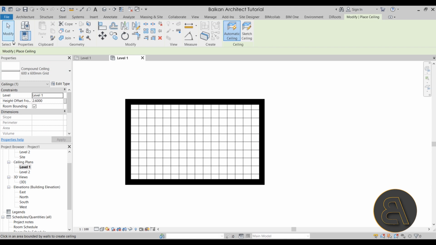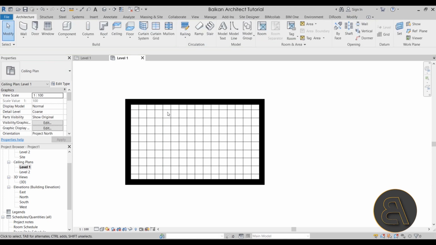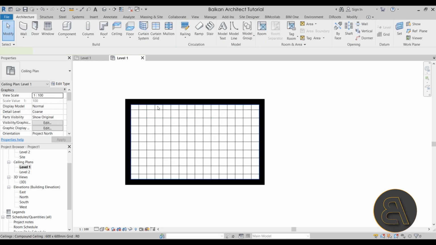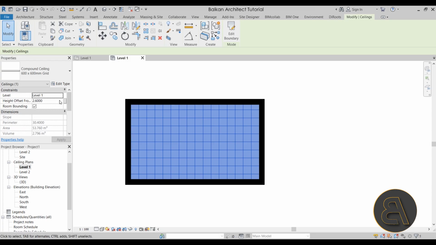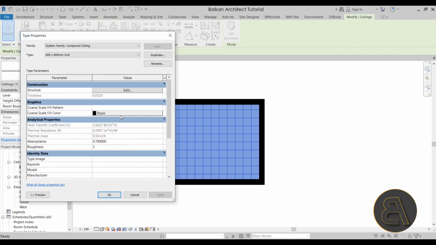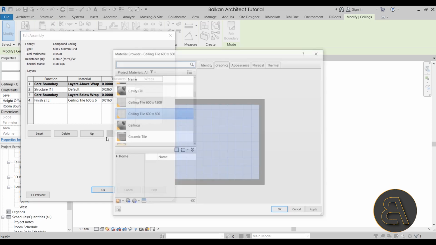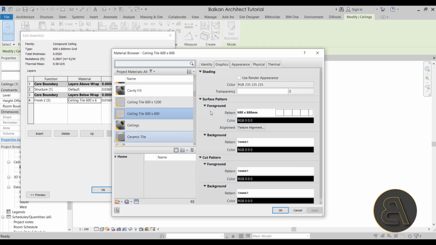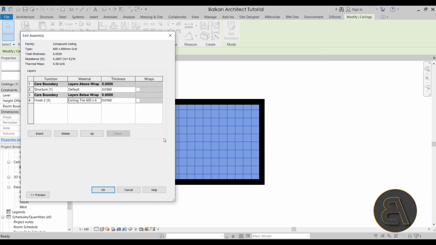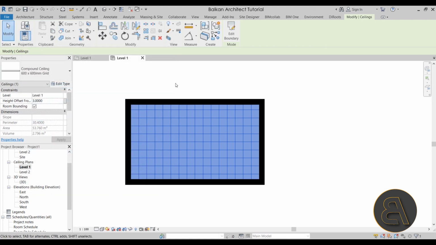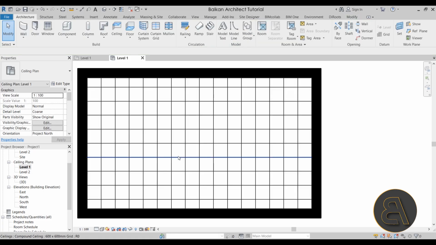We have our ceiling. Let's go to modify, and now we can select this ceiling, but once we select the ceiling, or perhaps I like to use the tab key kind of to select the entire thing, let's bring it up to 3 meters perhaps. And here you can go into edit type and you can play around with the structure of this ceiling. As you can see, this is the kind of the finish. Here we have the 600 by 600 millimeter grid as the foreground pattern and so on. So it has that pattern that's quite typical for these types of ceilings,